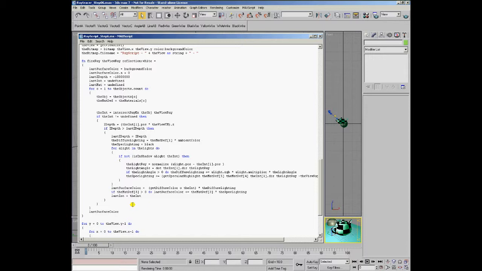Having this, we'll have to also check the class of the material. We have the variable the obj, which is the current object. If the class of the material is equal to Raytrace material, then we are going to return the material itself. Otherwise, we're going to return undefined, and we'll set the value of the last mat variable